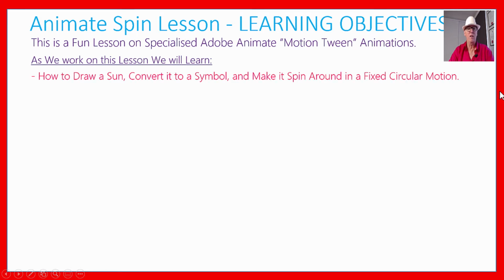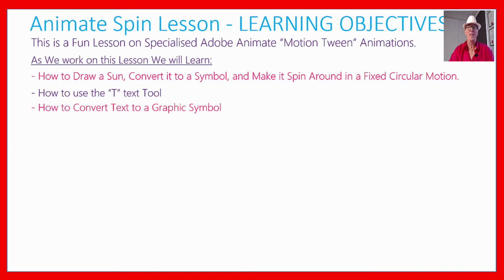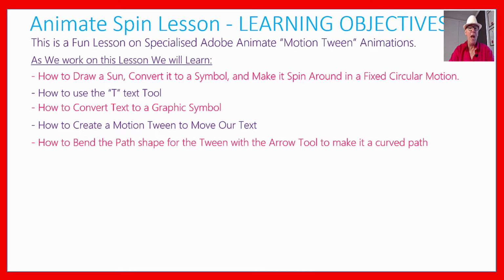So learning objectives for this is we're going to draw a sun, convert it to a symbol, make it spin around in a fixed circular motion. That's our first animation. Then we're going to learn how to use the text tool for this second one, where we can spell out the end, and how to convert the text we've typed in into a graphic symbol so we can animate, how to create the motion tween to move that text around, how to bend the path so